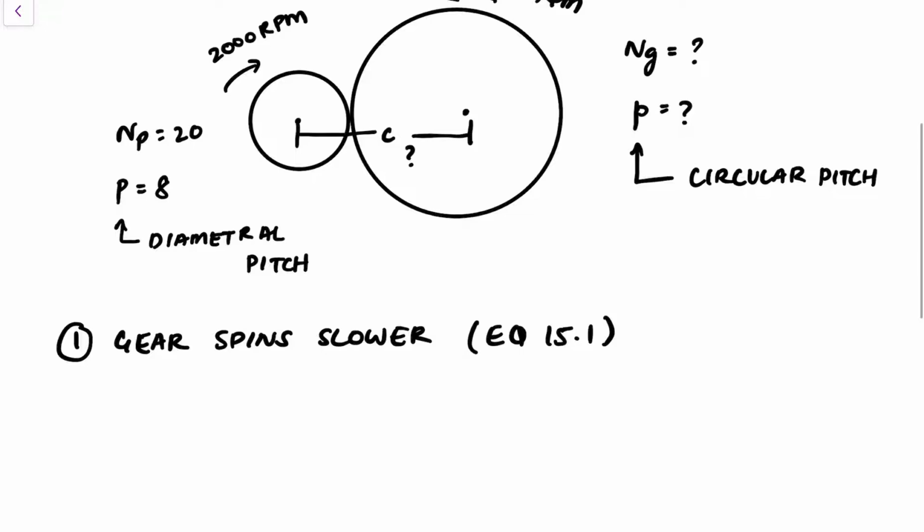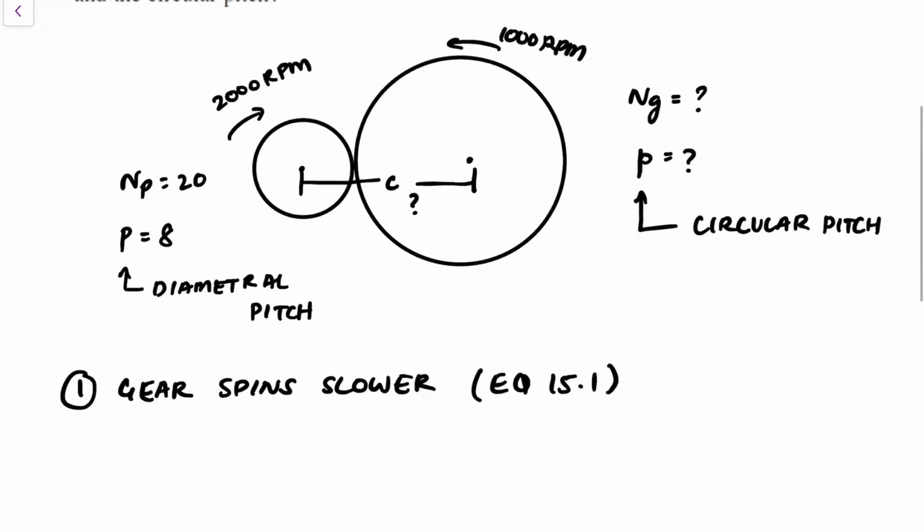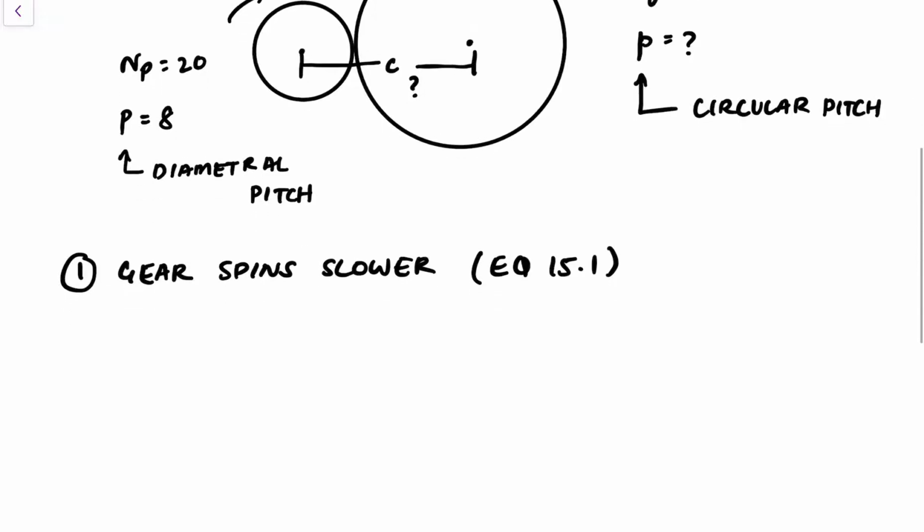So just by knowing the speeds, since the speed is half between the pinion and the gear, we can say that the gear is twice the size. That's by the relation that the ratio of the speeds, where little n here is the speed,